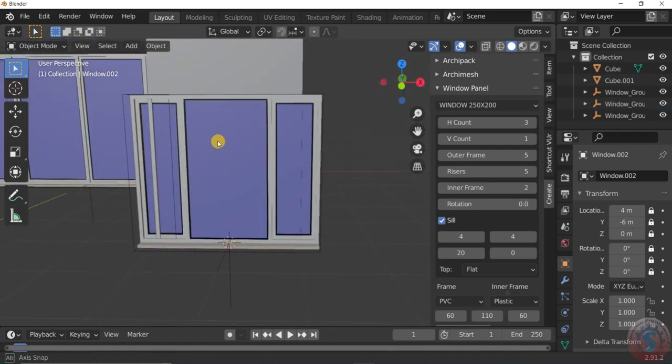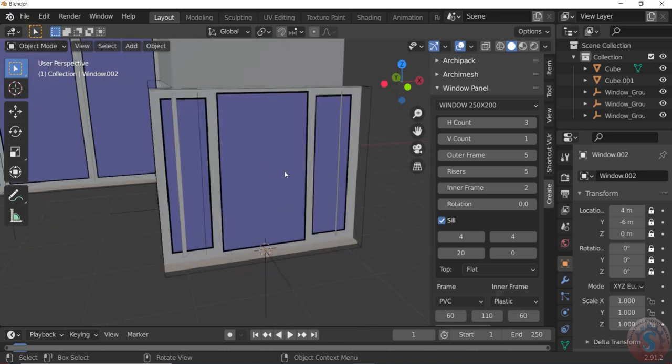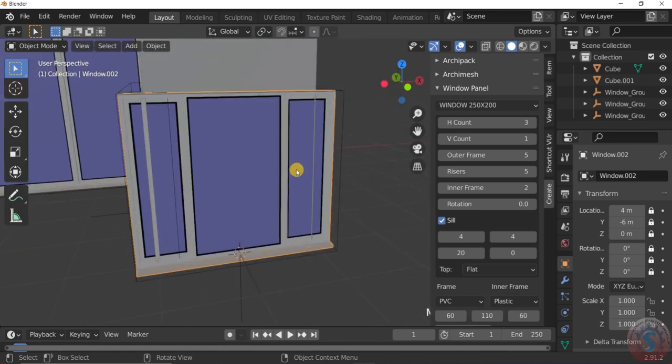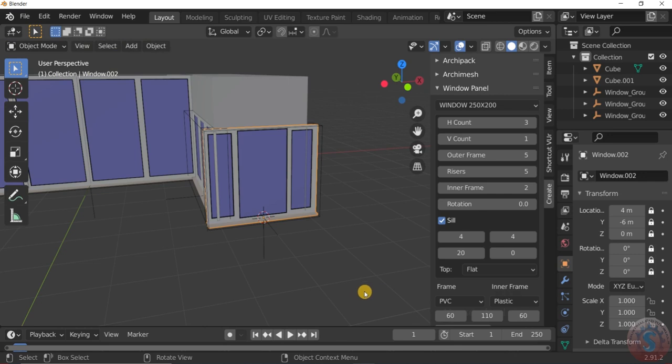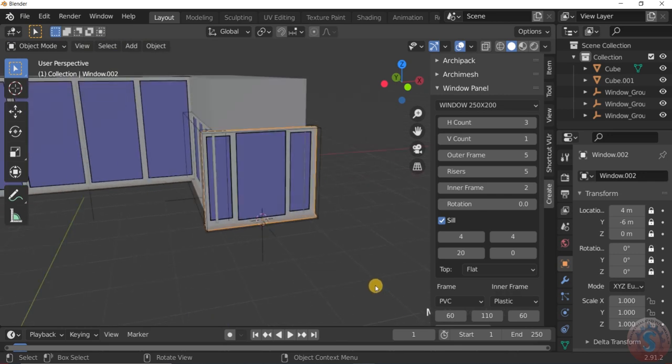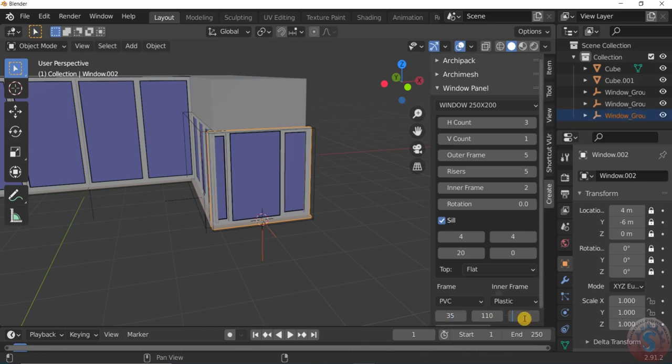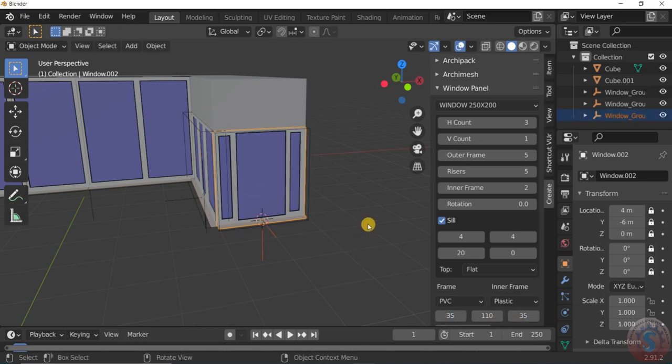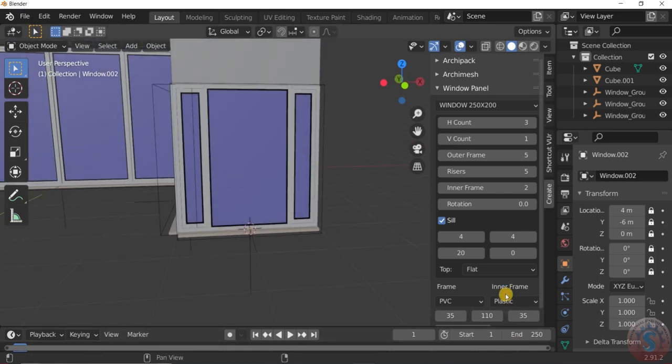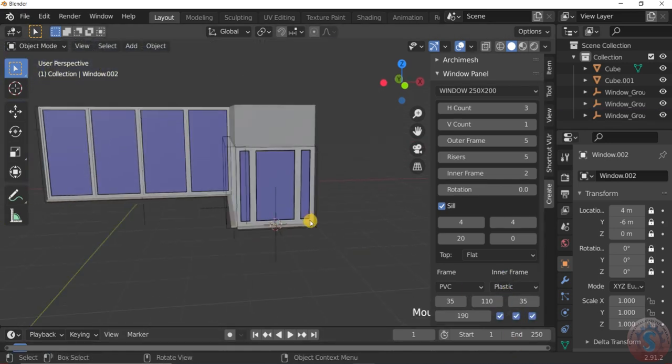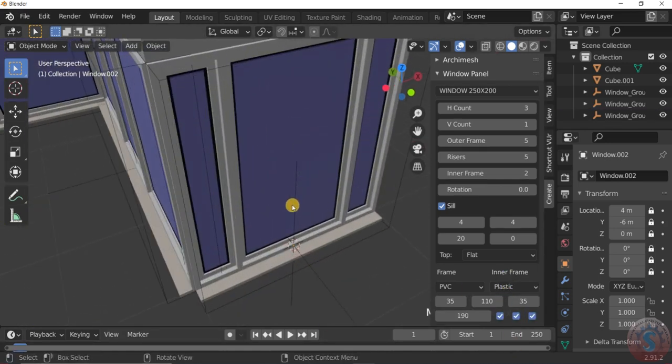I want to rotate. Then after selecting the panel window, give the exact dimensions that I am assigning to this. I am giving 35, and 110, 35, like this, and give the tick marks here to fix this window.